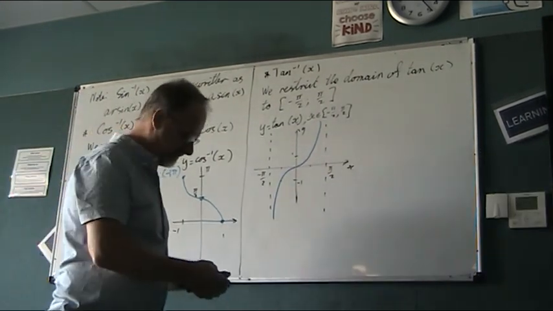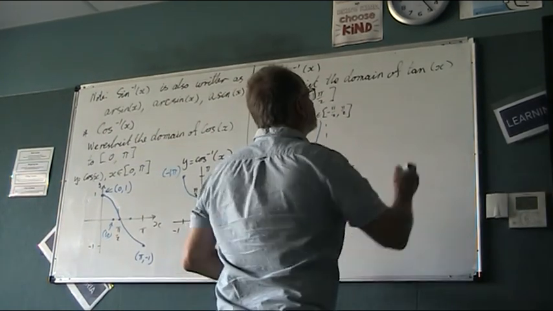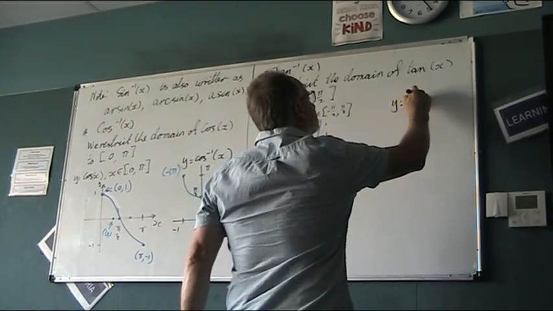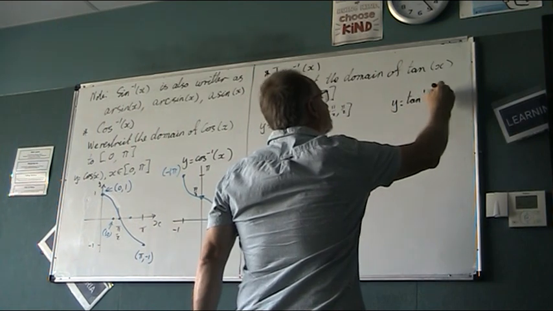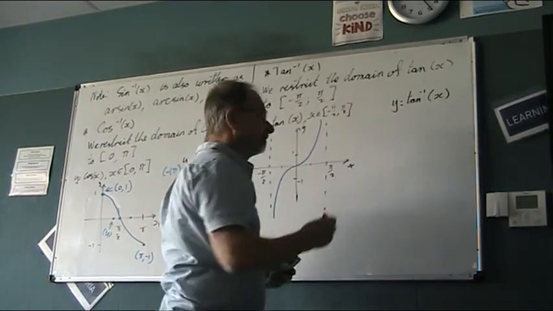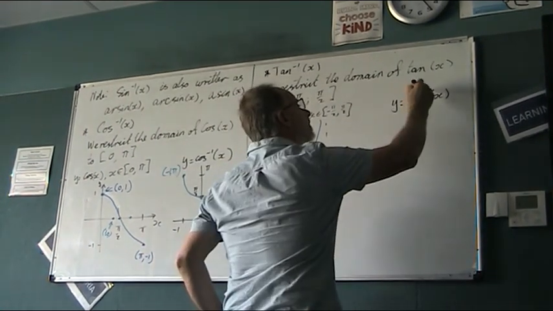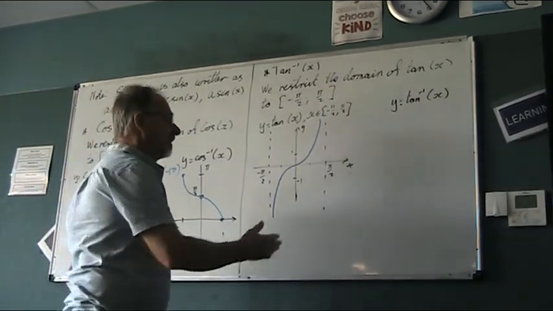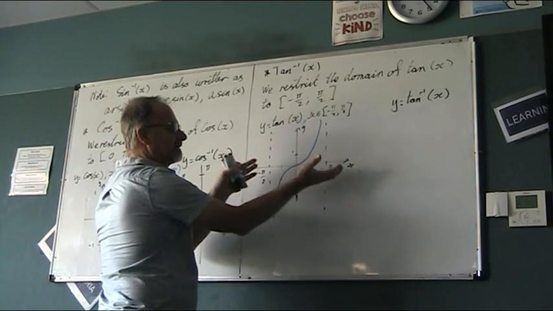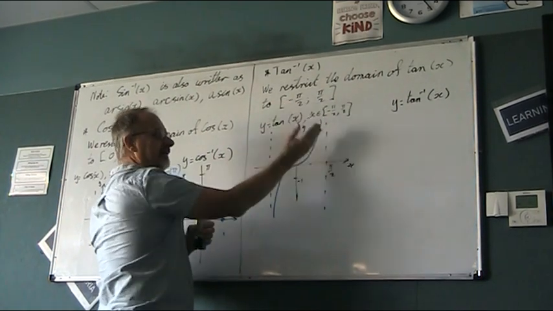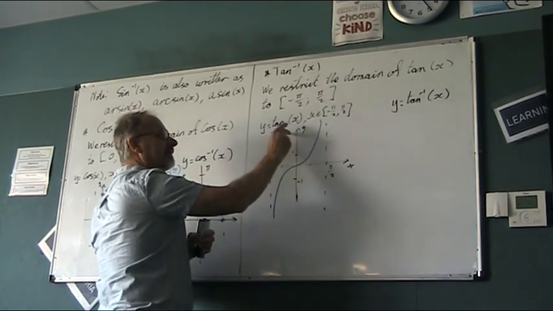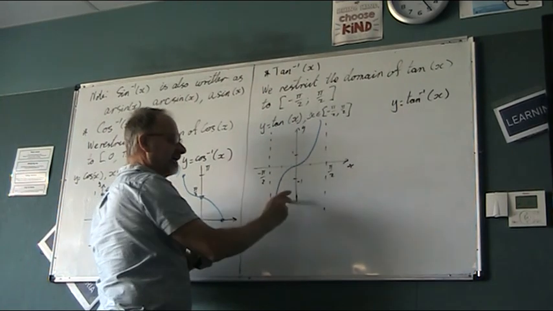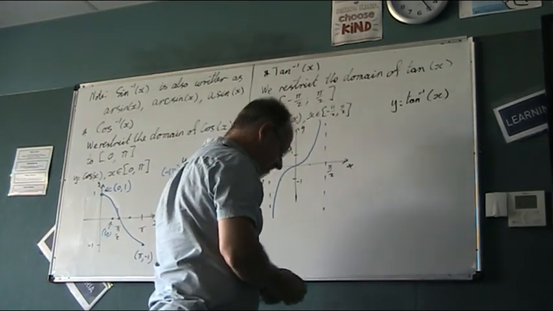So the inverse tan minus 1. So these asymptotes get reflected. So this one gets reflected up over here. This one gets reflected down here. So our inverse